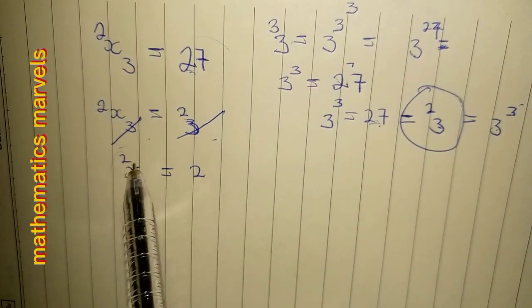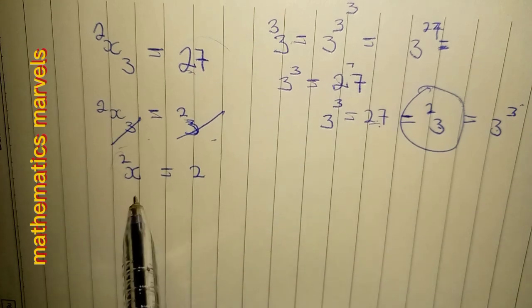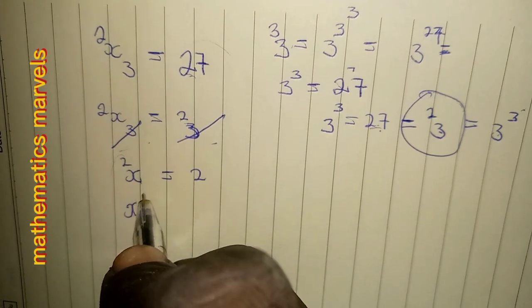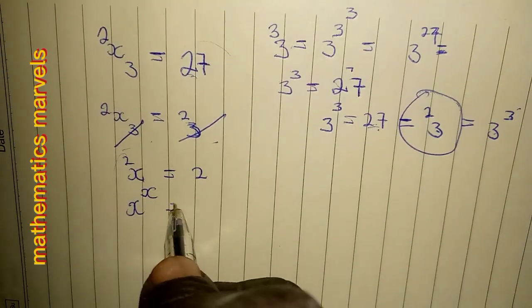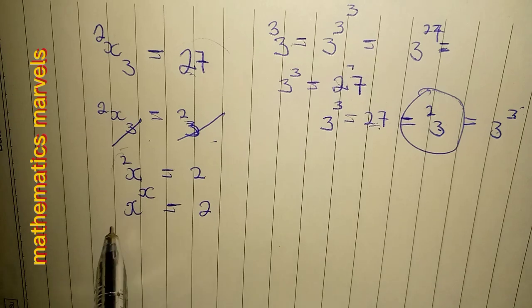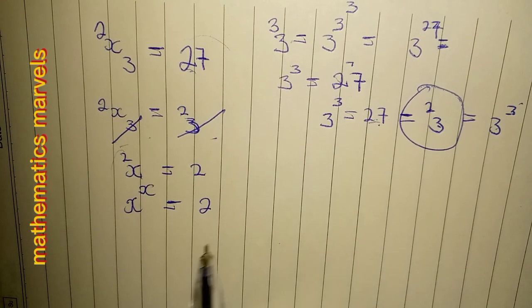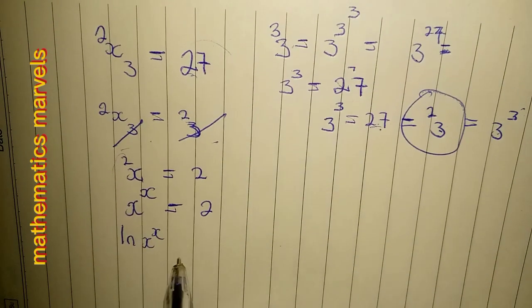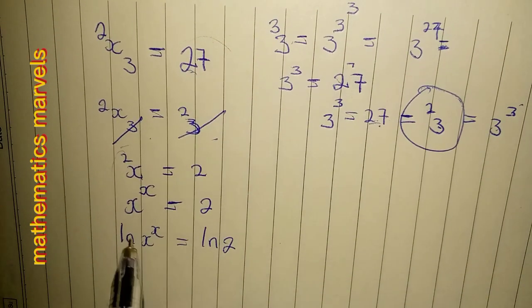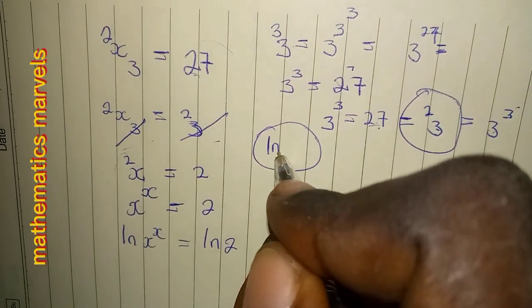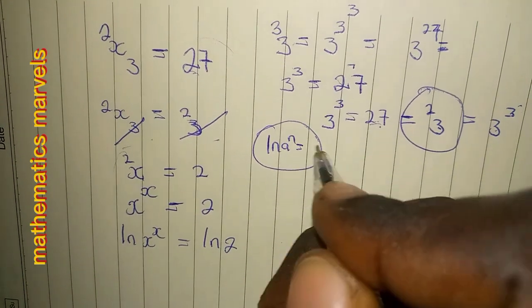So now let's change this to an exponential equation. x tetrated to 2 means x raised to the power of x, which is equal to 2. Now to solve this question, don't forget we are going to be using the Lambert W function. Firstly, we have to take the ln of both sides, that is the natural logarithm of both sides. So we have the natural logarithm of x raised to the power of x is equal to the natural logarithm of 2. So using the property which says the ln of a raised to the power of n is equal to n times the ln of a,